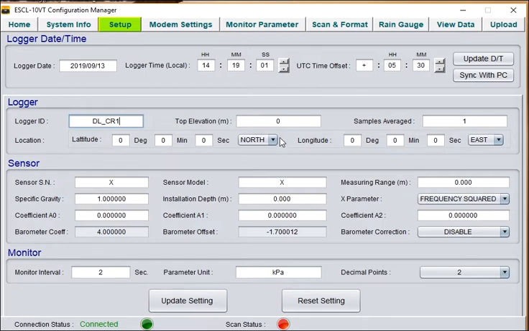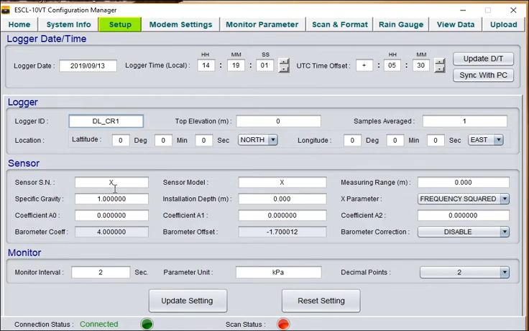If you know the elevation of that particular location, you can put in the top elevation, and then the latitudes and the longitudes. If you know the latitudes and longitudes of that particular location, you can enter them here.